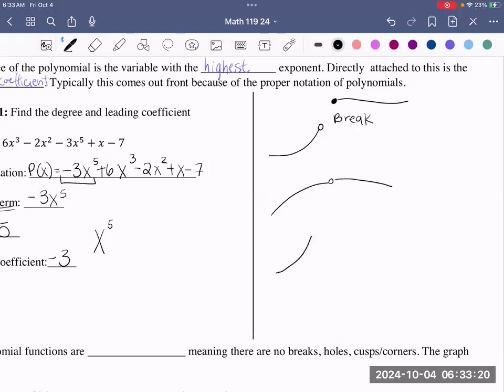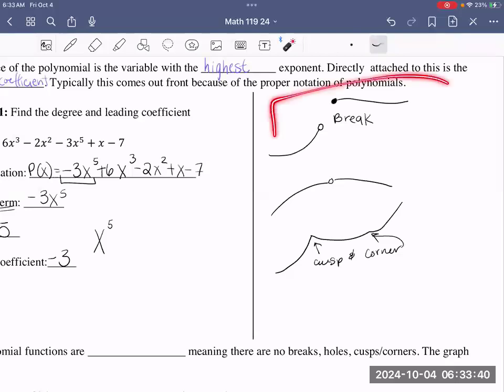We have a cusp and a corner. I can never get the corner one. Cusp and corner. It's the best I can draw it. So all of these examples, if you see any of these few that might happen,